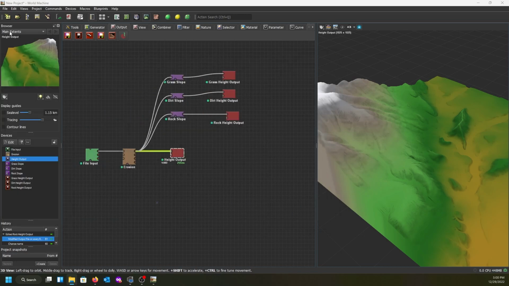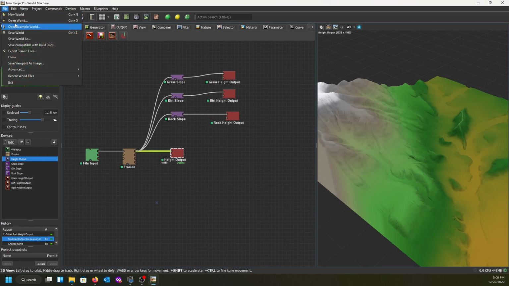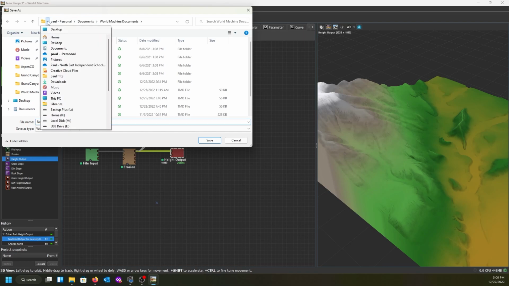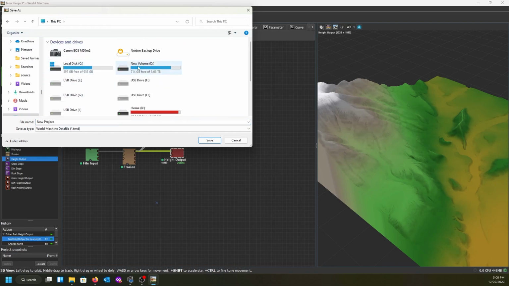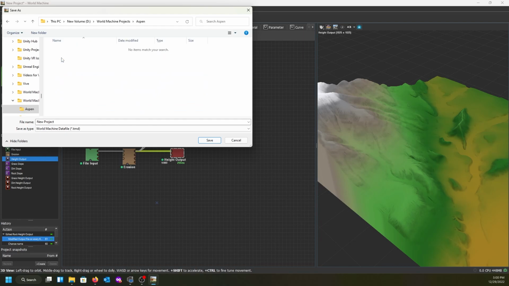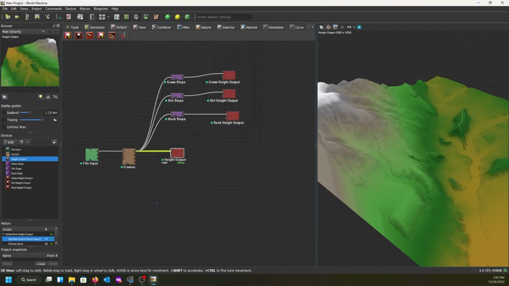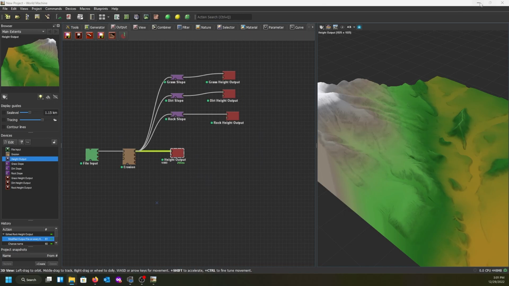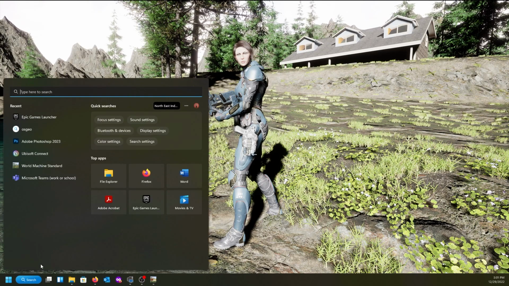Okay. So I'm going to leave this open just in case we need to come back. Let's go ahead and save it real quick. File, Save world as. Okay, this is going to go into my world machine projects, which is not this one. You can always go in and change your default. All right, so this is going to go into this folder here. I'm going to save that, and now that's also part of that folder. All right, minimize this. Last step is we're going to go ahead and open Epic,